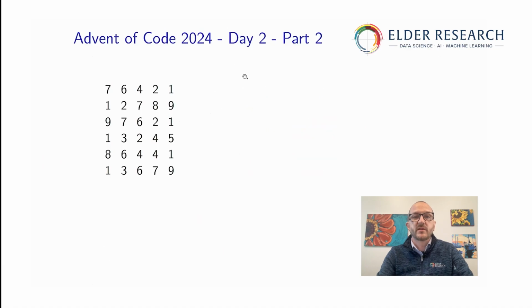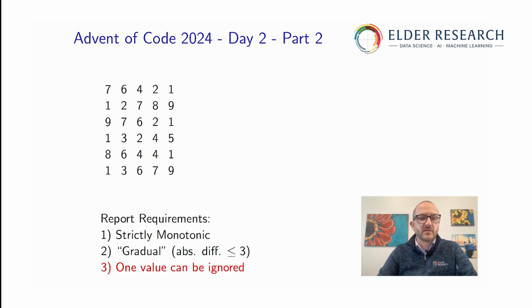All right, let's take a look at part 2. Again, we have the same input, and we are also trying to determine whether a report is safe or not. However, the conditions there have changed just a little. We have an added condition that one of the values in the report can be completely ignored. If we look at report 4 here,